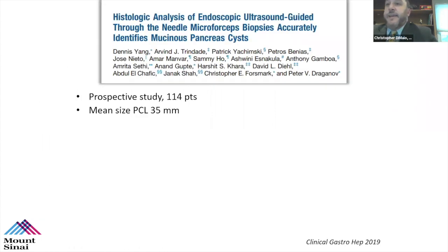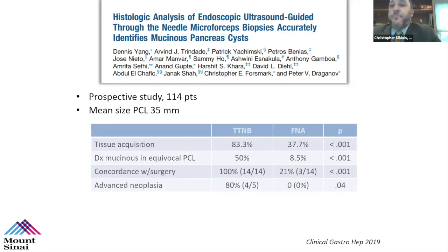So let's look at some of the data behind the outcomes with the microforceps. This is one of the first studies. This is a prospective study of 114 patients who underwent EUS-FNA and cyst wall biopsy with the microforceps. The mean cyst size was 35 millimeters, and every patient underwent both an FNA and a cyst wall biopsy. And what was found was that diagnostic tissue for diagnostic purposes was achieved in 83% of the patients with the microforceps